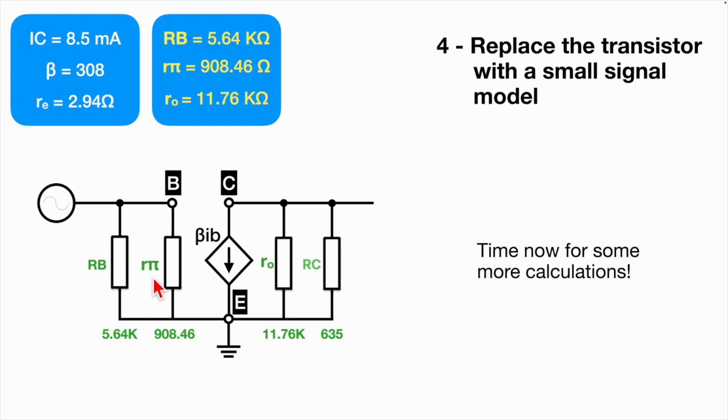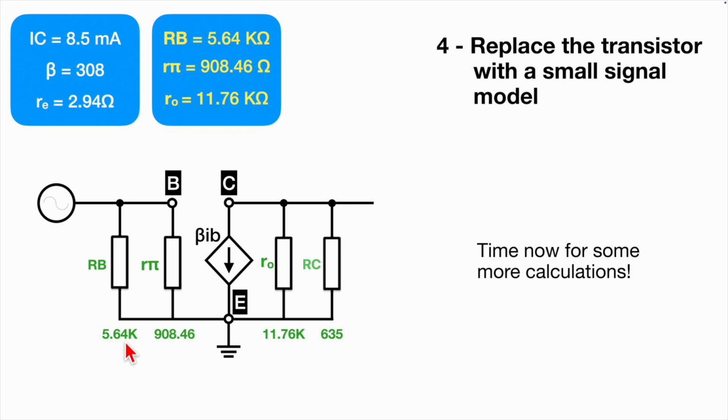So all this bit in the center is the bit we've just been looking at, and we're going to add to it now the parallel resistance of R1 and R2, the voltage divider on the base. So that's going to come in parallel here on this side. And RC, the collector resistor, is going to be paralleled on this side. And it means now, and I've put the values down here as well, that we've got